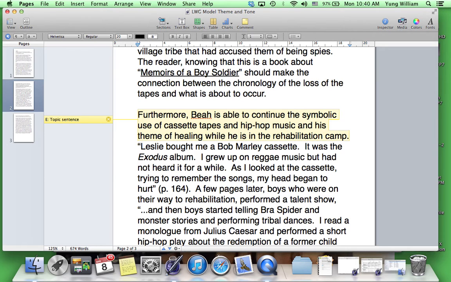the same symbol, explaining how it further supports what I think is the theme, because not only was his childhood lost, I say that a new one can be grafted in its place. And so the next time that we see the cassette tapes is actually going to be when he's at the rehabilitation camp. Okay, and again, I make my point, and I put some quotes for my evidence, and then I